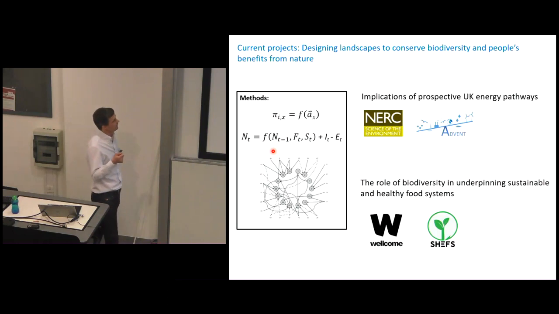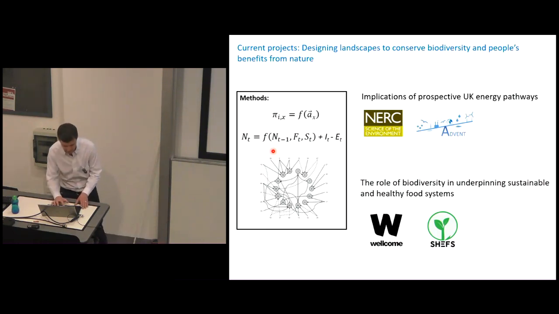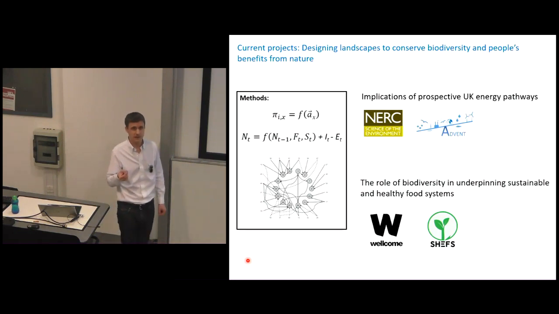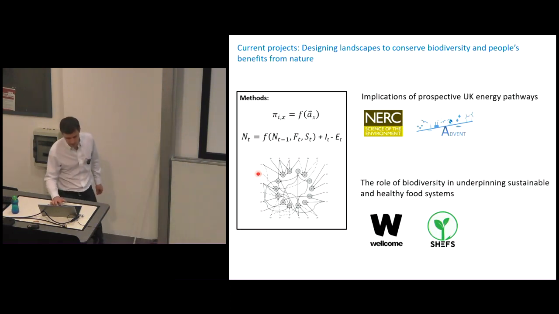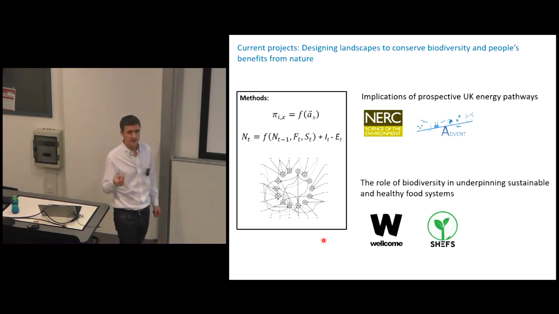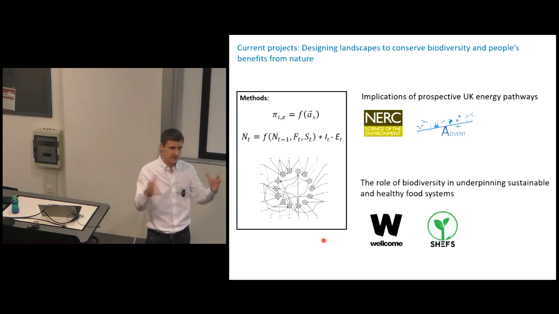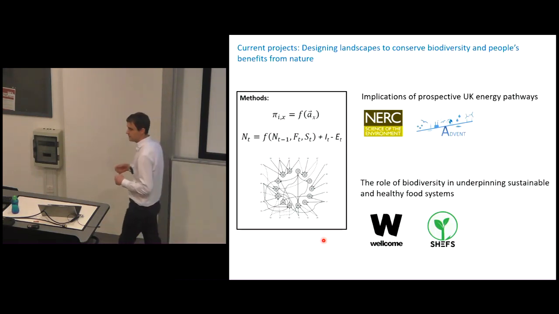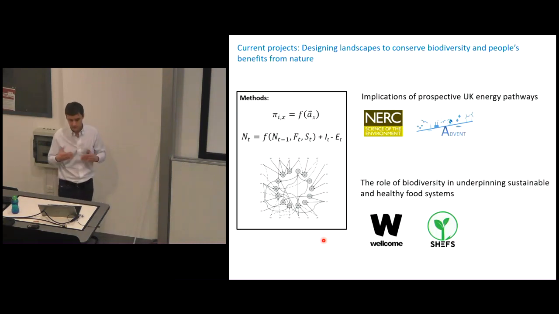So to sum up this area of research, what we've been trying to do is develop a toolbox, a set of methods, so that we can model distributions of species. This is our distribution model, abundances of species, taking into account movement, and then ultimately what we're working towards are whole communities of interacting species, so that we can get at this functional level of how species and how communities respond to environmental change. And I'm not going to go into the details of it now.